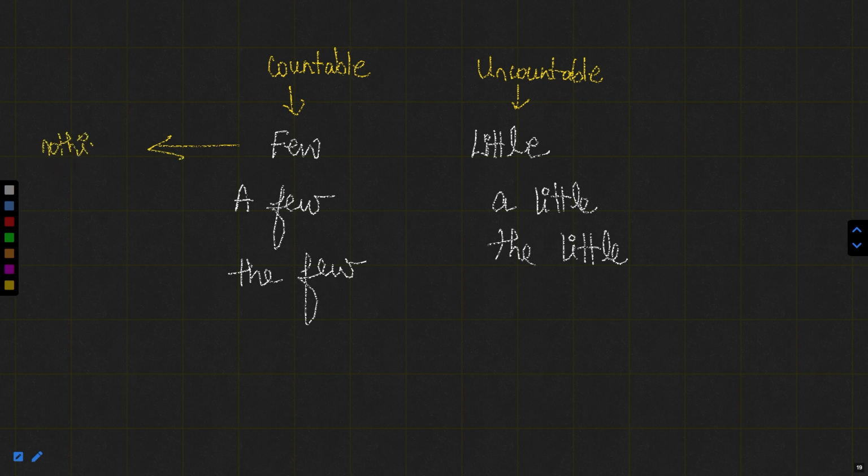Or nothing, or equivalent to zero. Okay, if the quantity is zero, we can use few. If something has some, it means if we talk about a few, it means there are some. This creates a positive sense, whereas this creates a negative sense. And the few means sufficient. It means whatever is required, or how much ever is required. So it is actually adequate. For the adequate quantity, we use the few.